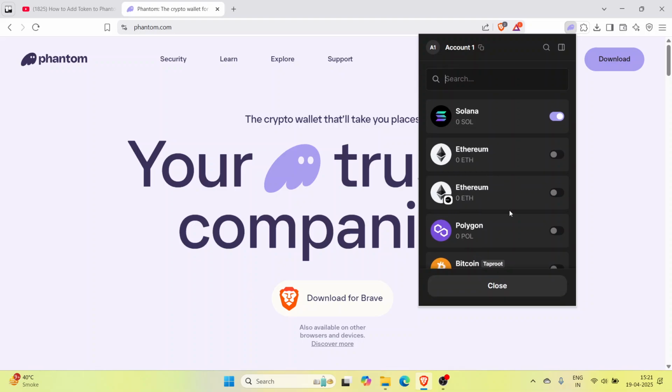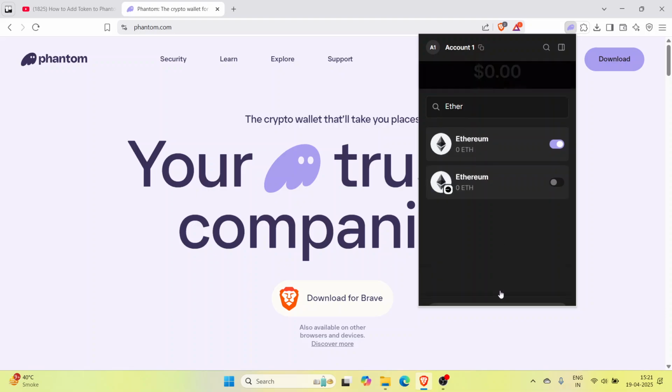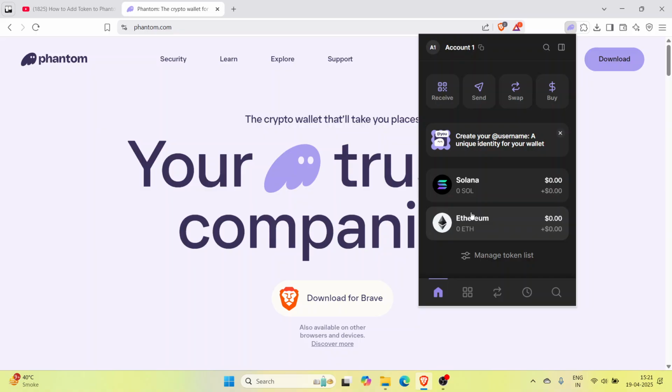Click on manage token list and you can search whatever you want to search here. For now, I am searching Ethereum and you have to enable this option. Click on close. As you can see, you will be able to watch whatever you have enabled in the list